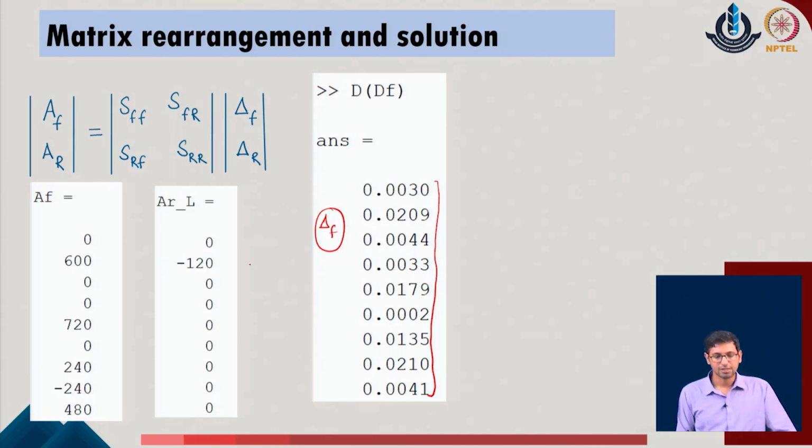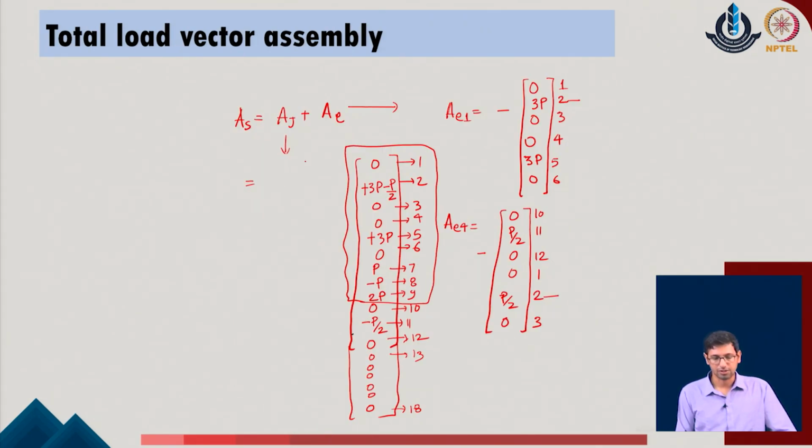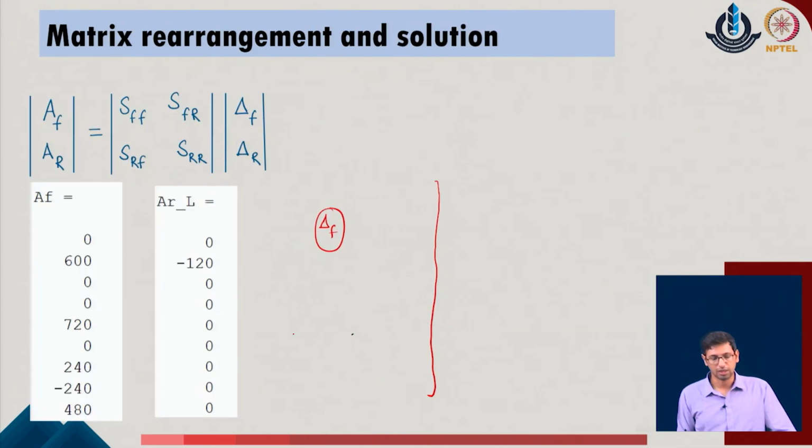But we also realize that in the A of s, the given vector, the remaining values are mostly 0 values, but at the positions 10, 11, 12, all these values are non-zero. Some of these values are the corresponding values of the AR1 in the given system, and these are the corresponding values of the reaction due to the load.